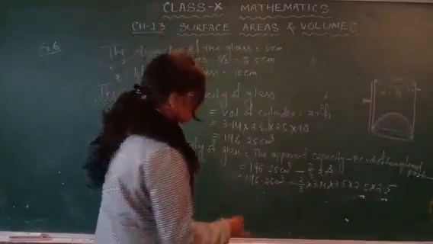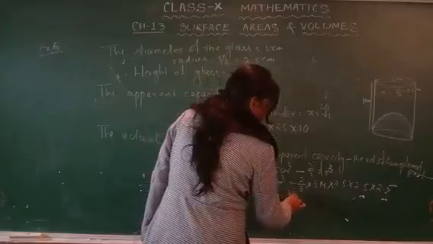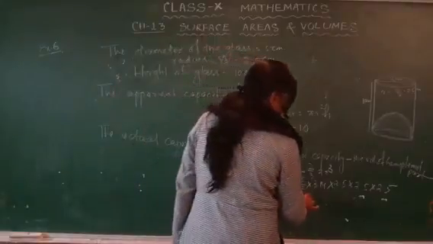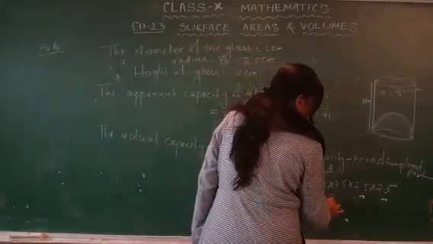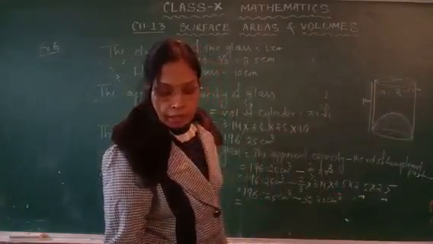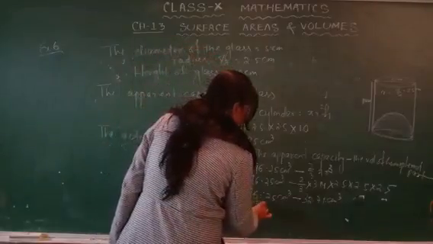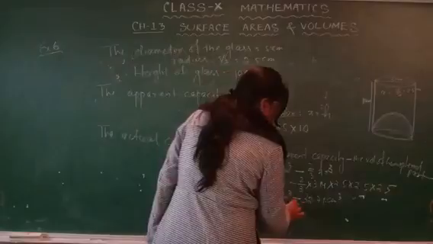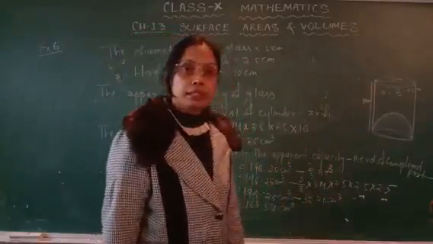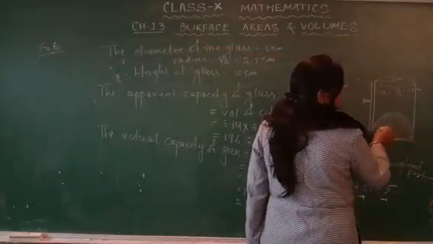Now here it is: 196.25 centimeter cube minus 32.71 centimeter cube. So that is equal to 196 minus 32.71, that is 163.54 centimeter cube. This is the actual capacity of this glass, because this part reduced